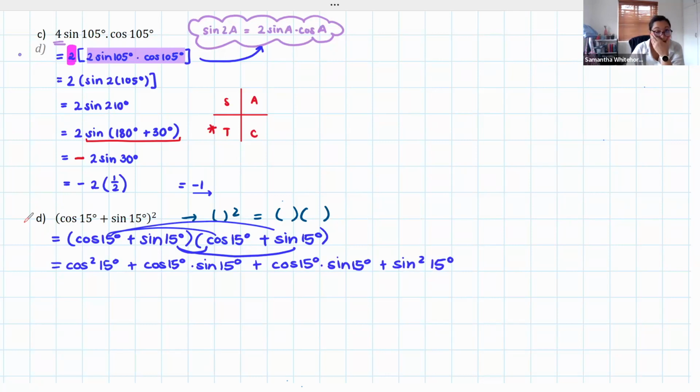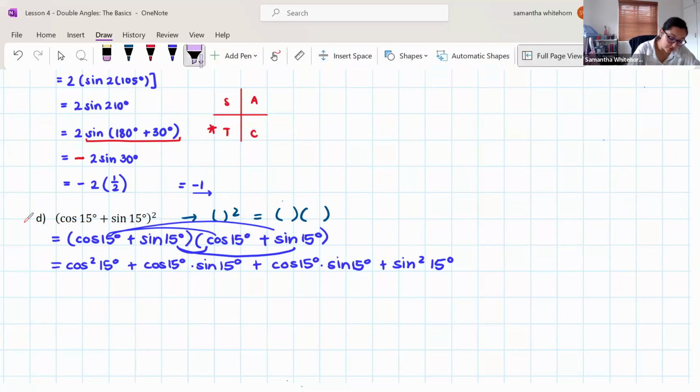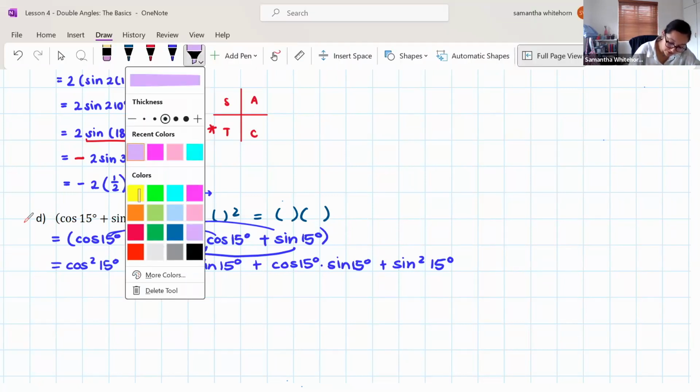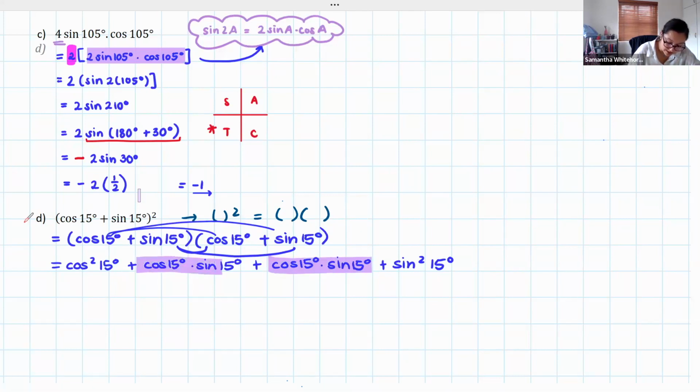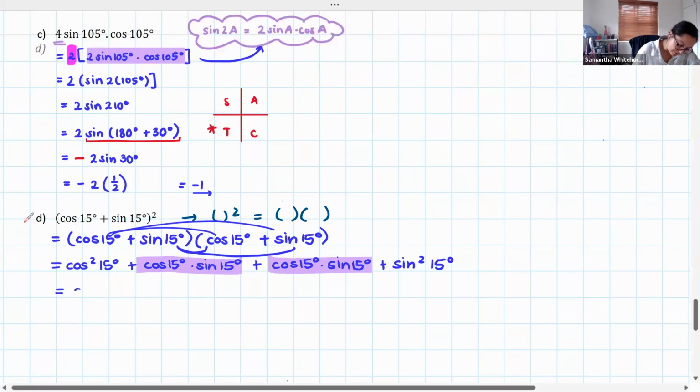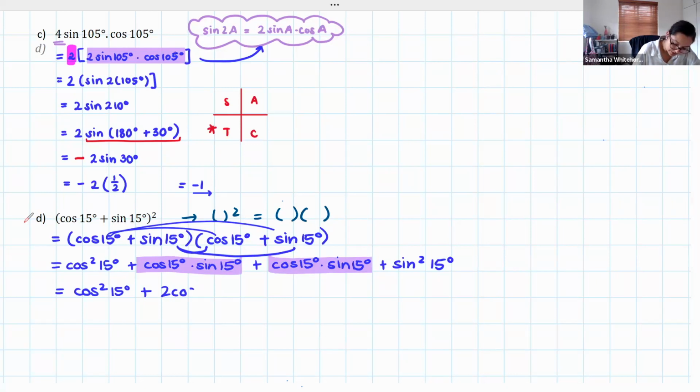Now we've got a fair amount going on here. We've got 4 terms. We now need to dissect what's actually happening in each of these 4 terms. Go back to your algebra. Once we have multiplied out our binomial times our binomial, we look for like terms. Cos 15 sin 15 and cos 15 sin 15 are like terms. So we can add those like terms together. So I've got cos squared 15 plus 2 cos 15 sin 15